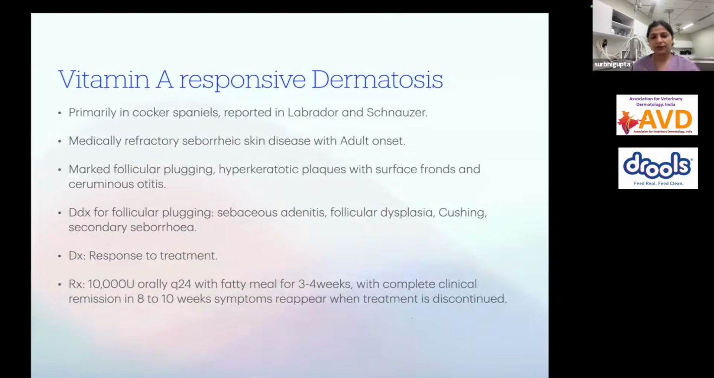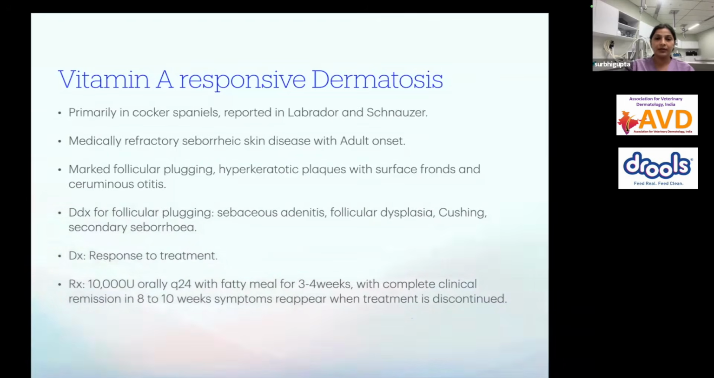And the differentials for the follicular plugging are also quite limited. So you can rule out sebaceous adenitis, follicular dysplasias, and Cushing disease. If everything is ruled out, then the diagnosis is ideally response to the treatment. You have to start the patient on vitamin A and see how things improve. Generally, the dose is 10,000 IU once a day with fatty meals, and complete remission generally takes 1.5 to